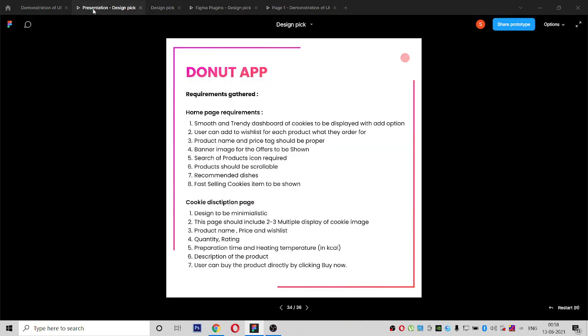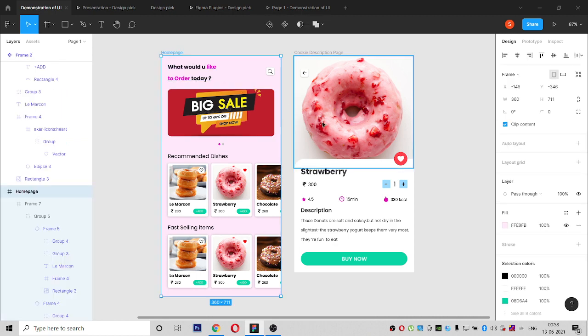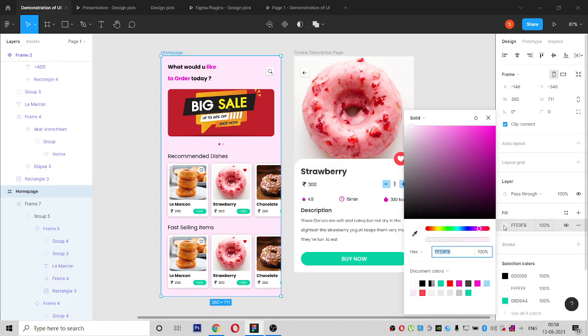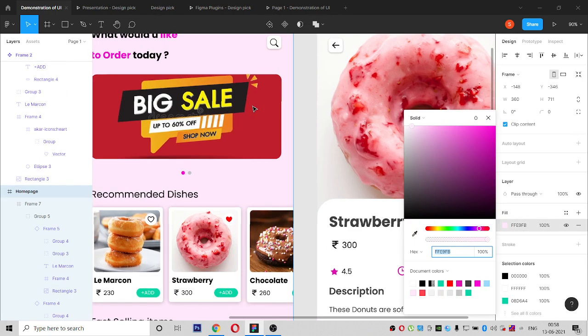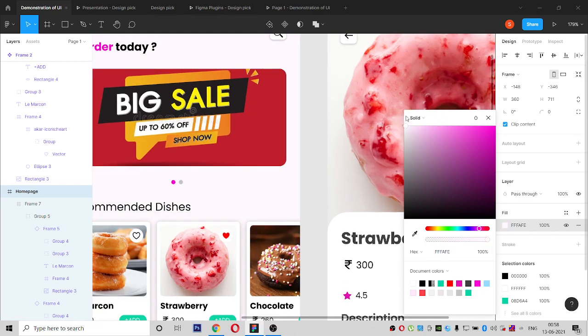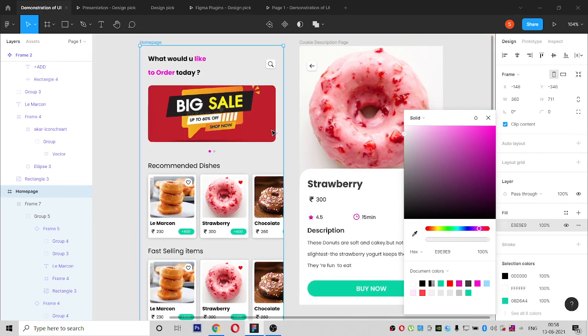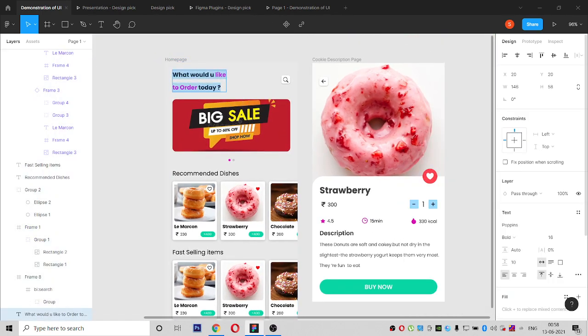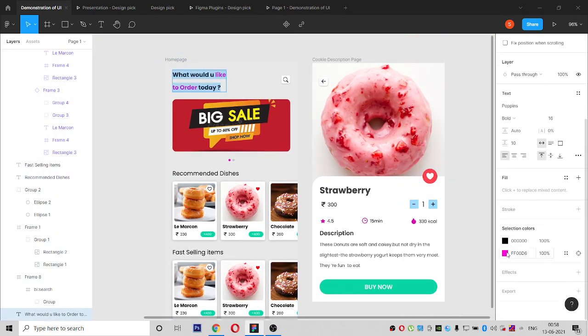Check out the difference, like the cookie description page, where we have to properly give all the information here. And I think this pink background here is very disturbing. Still more, very light or gray we can give, and this pink color is not looking good.